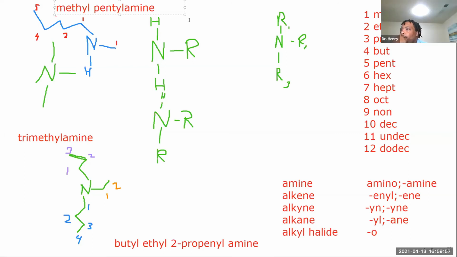What do you mean by how did you get the P? In the middle, so it's PRO, right? And then EN. So PRO is for the 3, and EN is for the ene, the double bond, the alkene, right? But what's that P in front of the EN? Okay, it should be propane, sorry. It should be propane. It's the whole word. My bad. There we go. Oh, okay. I was confused.